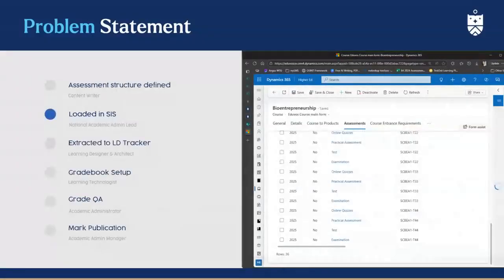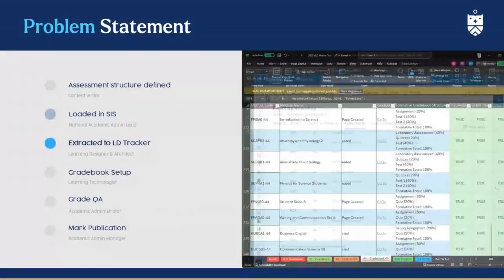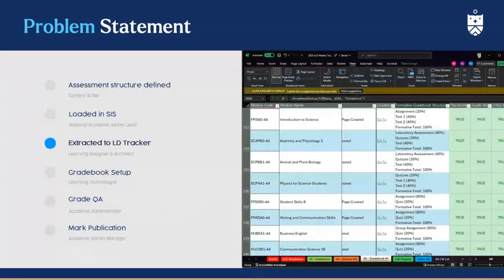From there, the entries for those specific structures that form part of the assessment are extracted off of our SIM system, now as of 2024 moving forward, by a learning design tracker that gives the specification sheet for our teams that need to do the setup of our grade items on our individual assessment pages.